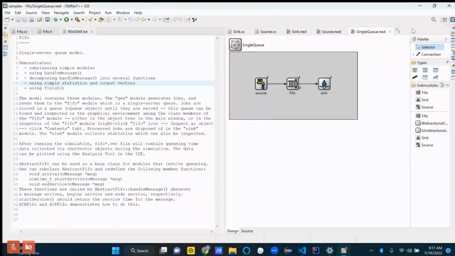So not only will we have many sources, we'll also have many FIFOs, right? And then I think one sync, it doesn't really matter. We could just have one big blob of a sync that consumes all the messages. I'm not 100% sure about that part, but we'll figure that out as we go.